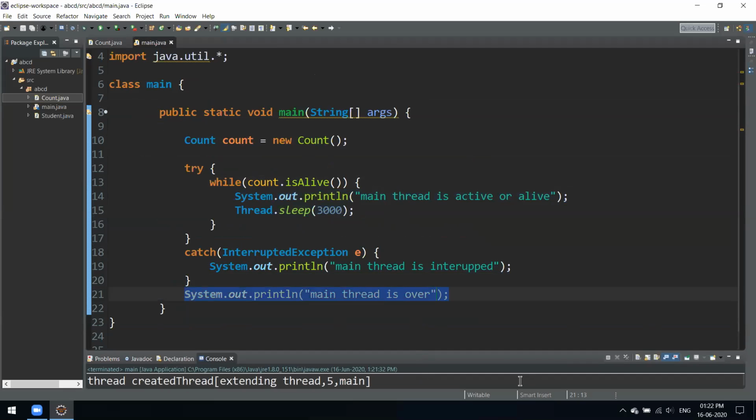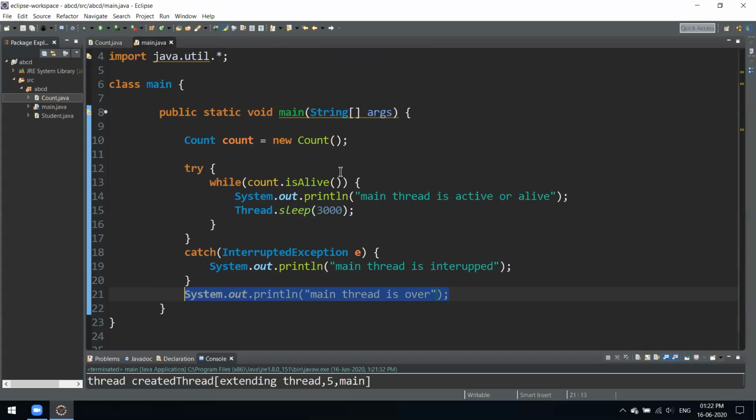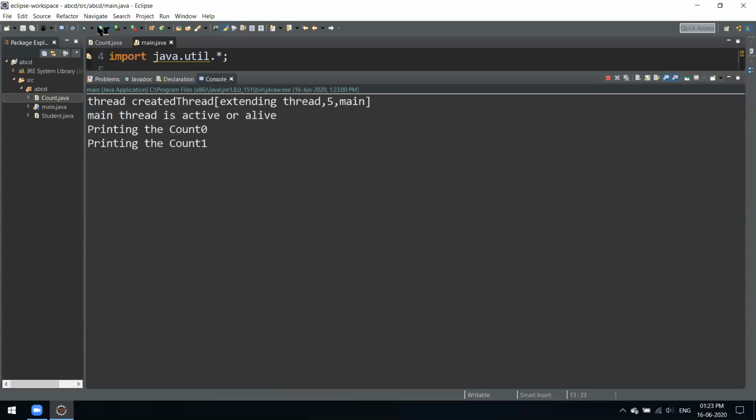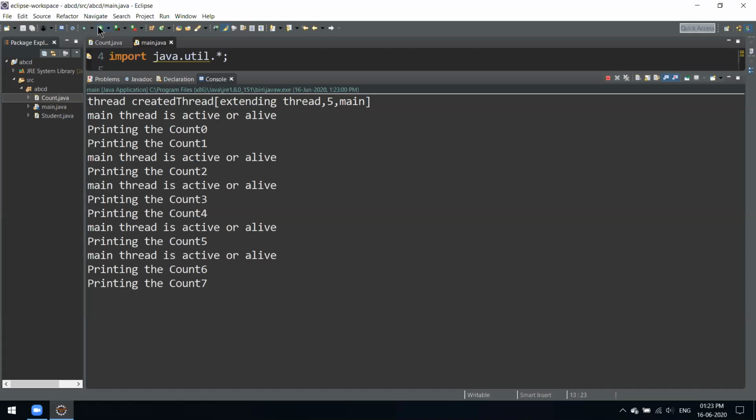Okay, we are getting that the main thread is over, and as soon as this execution is also over, this will stop. And here, as you can see, we didn't write any end condition saying to execute this thread for a certain number of iterations. But this is checking that whenever that thread is active, until then only this will be working, or this will resume its work. Okay, one more time I'll show you how this is working. Just observe the output we are getting. See, now they are getting their order might be a little bit up and down, but they would execute simultaneously only.